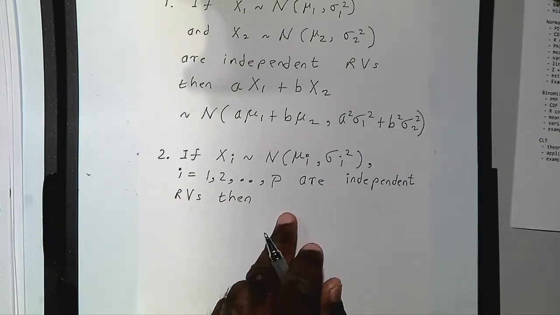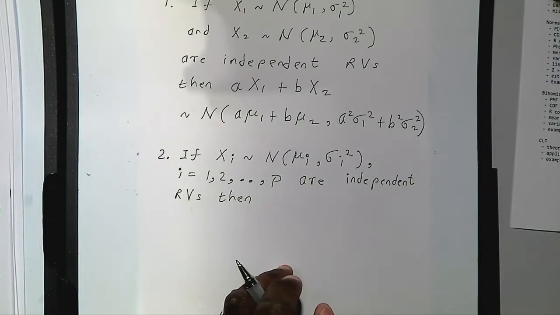So here you have not just 2, but you have p independent normal random variables. Then